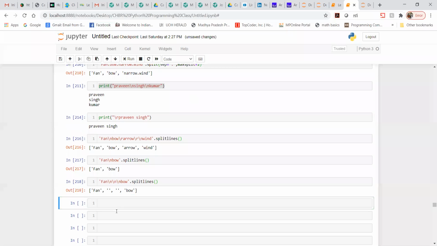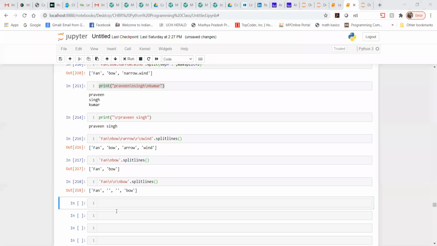See, if we specify the same sequence, skip character continuously, then it will give a space kind of thing, which I have mentioned in my dictionary, or maybe you can say in my book.